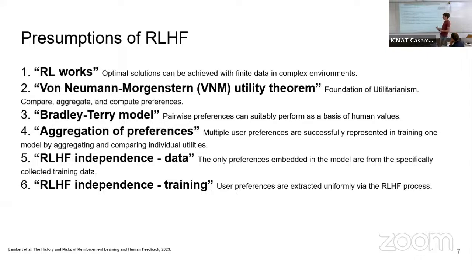So there are some presumptions of reinforcement learning from human feedback. Also, you have to take into account that as you know with deep learning and large language models, the papers are very empirical. They are mostly engineering papers. But there are some assumptions that are good to know. Okay. So the first thing is that we are going to believe that reinforcement learning works, which is like a recipe of finding an optimal solution. And the optimal solution is going to be an optimal large language model that can maximize some reward.